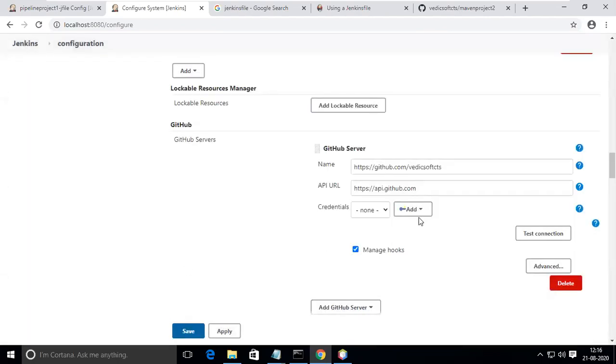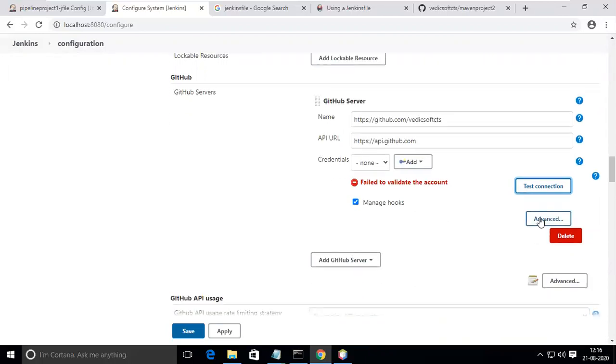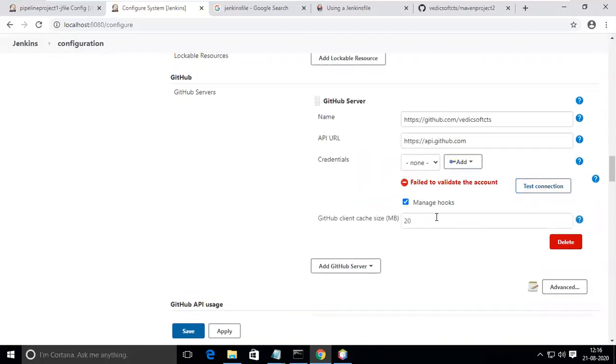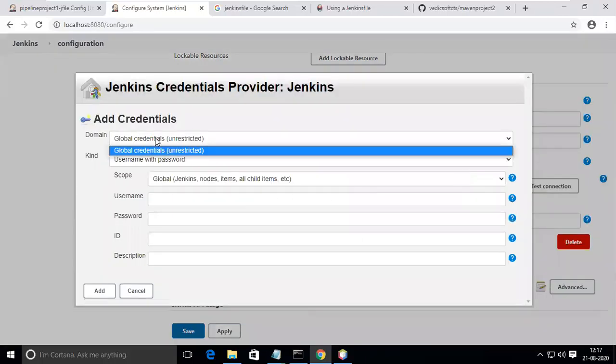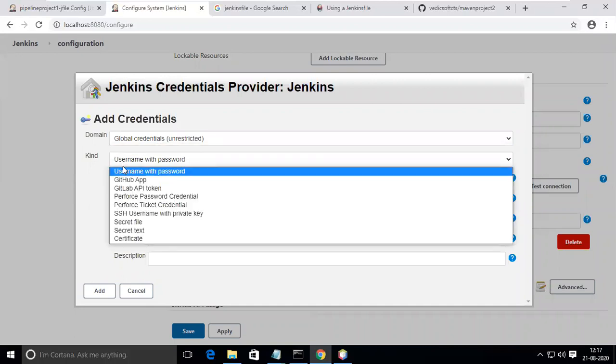It is asking so many things. So test the connection. Test failed. Credentials are required, right? Username and password.